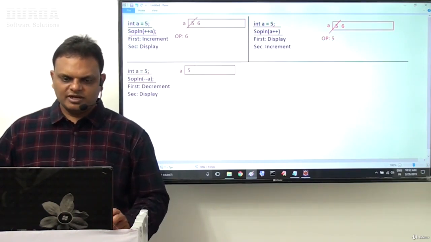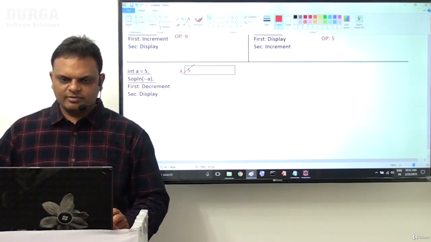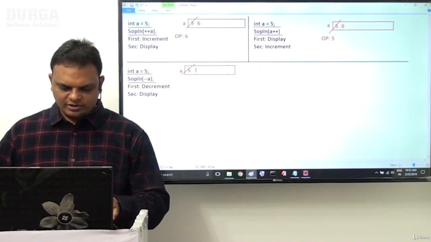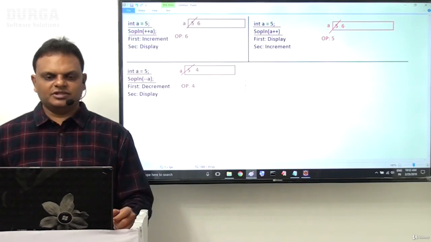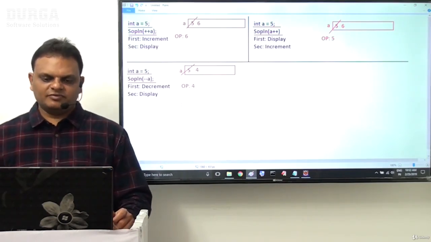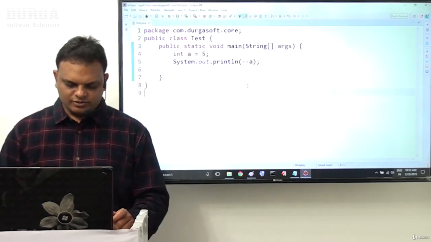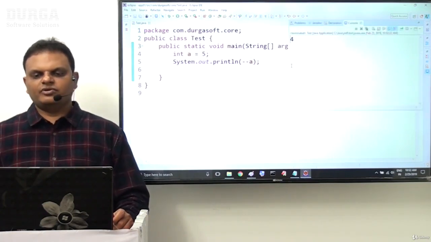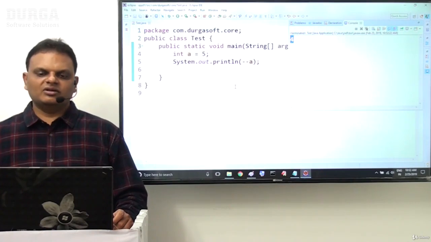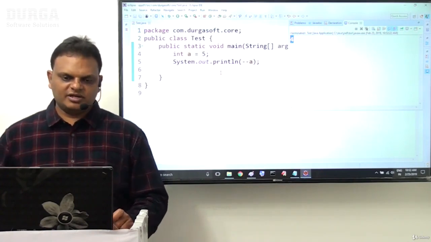So first of all decrementation will be performed. 5 is decremented by 1. So which value do we get here? 4 is the value. Then the output will be which one? 4 we are able to get. The decremented result is what we are getting. So in the same way we have to check it here also. Minus minus A, here we have taken the A value as 5. Now we need to execute this. Now the value we are getting is 4. 4 only is the value we are getting.